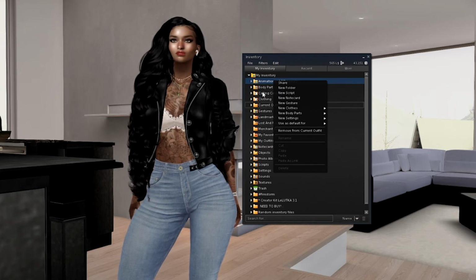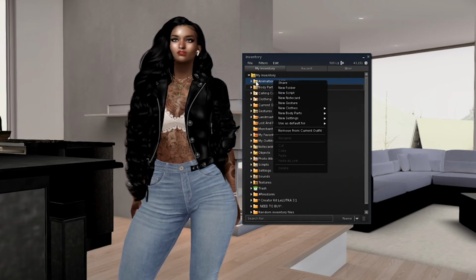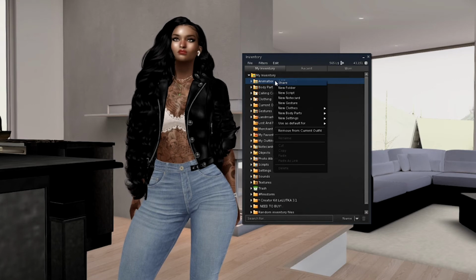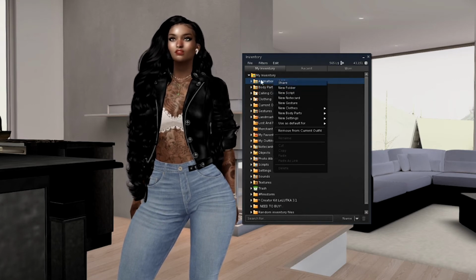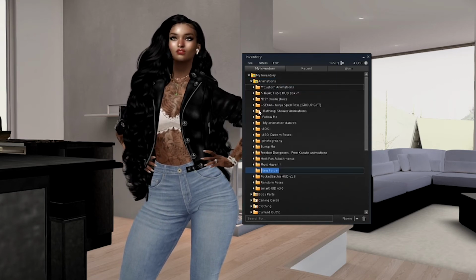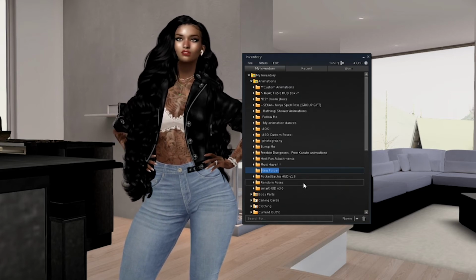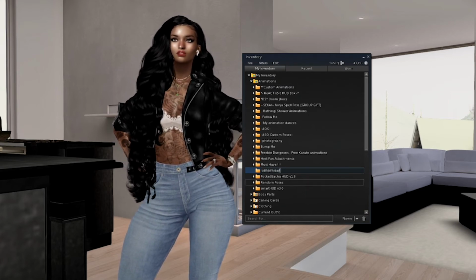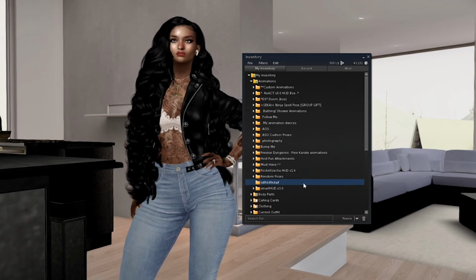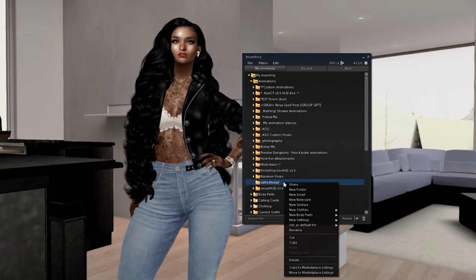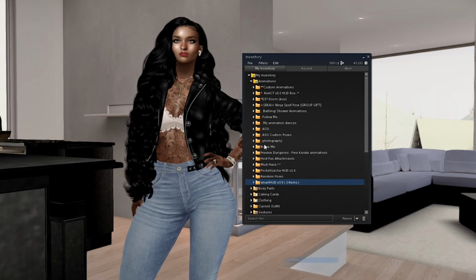And if you click on any of the preset folders, because these are automatic folders that are in your inventory that I just showed you, and you create a new folder in the preset folder, it will come here, and then you name the folder, and there's your folder, and you add to it whatever you're going to add inside of the default folder.